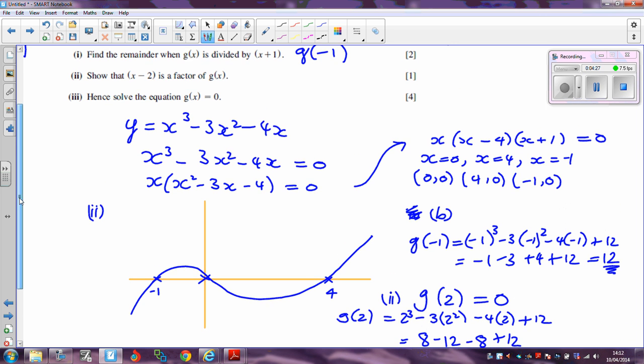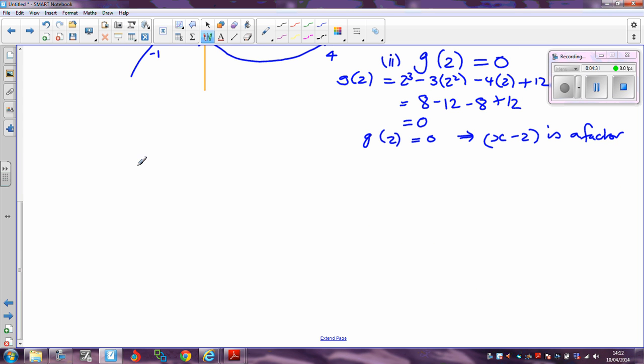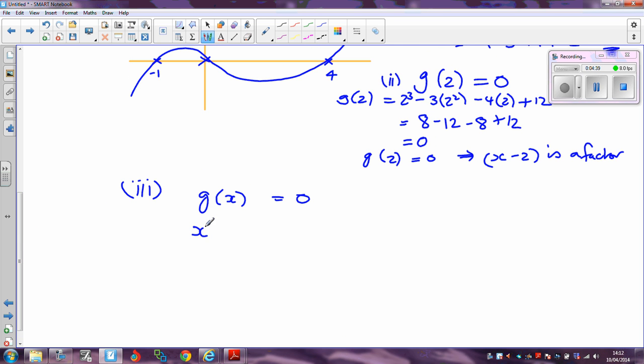And the question then says, solve the equation g of x is equal to 0. So this is part 3. We've got to solve the equation where g of x equals 0. Now that's the same as solving x cubed minus 3x squared minus 4x plus 12 is equal to 0. Now we've just discovered that x minus 2 is a factor of that. That means that this left-hand side can be written as x minus 2 times something